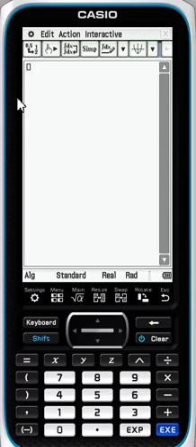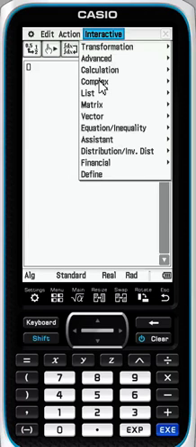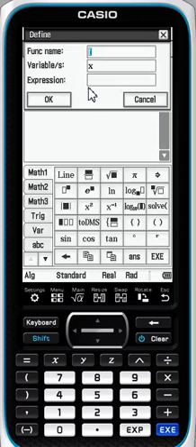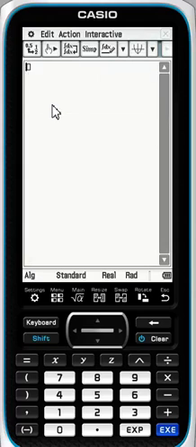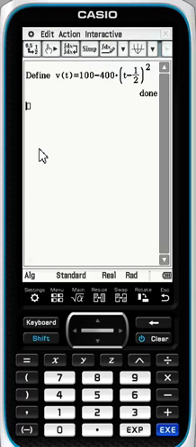So we're going to start by defining our function. In the text we've talked about the function, so do interactive, define, and we're going to call our function v of t, and the function was 100 minus 400 times (t minus 1/2) all squared. Defining it means we've defined it in main, which means that function is available throughout any of the applications